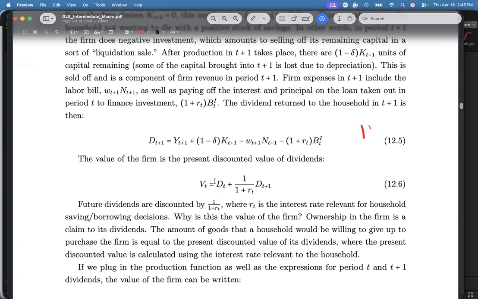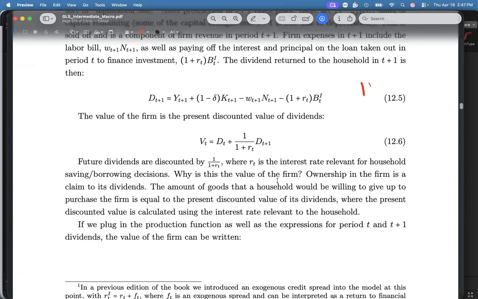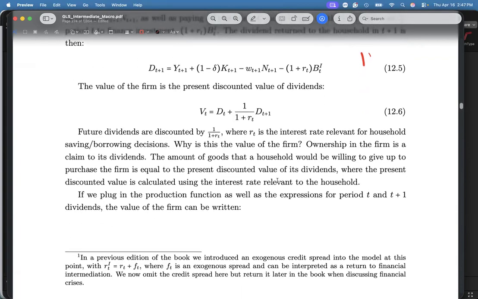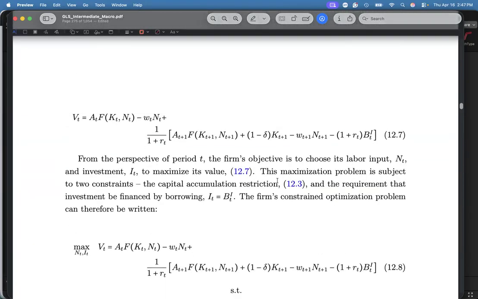Therefore, your V, or the value of the firm, is just the stream of dividends that comes from the life of the firm. Okay. Then you will arrive at this value function. Take note that this is mahaba, it's involved, yes. And you should practice writing this down. That's my advice. But all of this stuff will be recognizable, right? What is this first term here? That's my first question. This A times F K N minus W N, what's this?